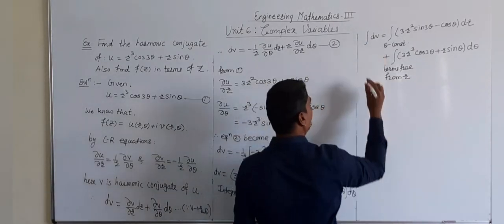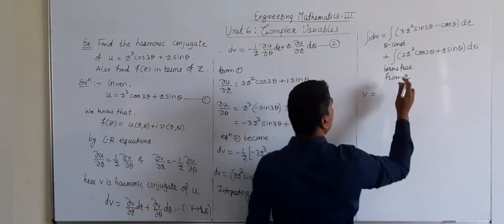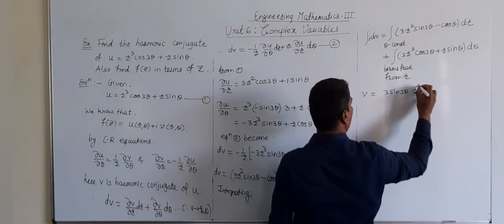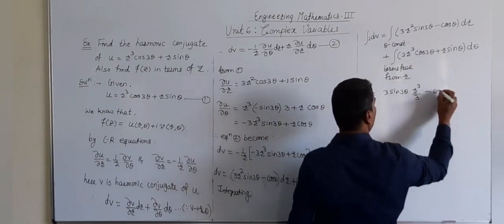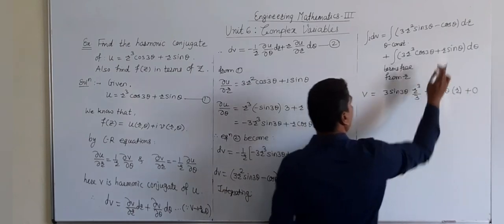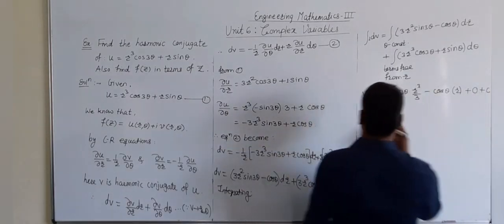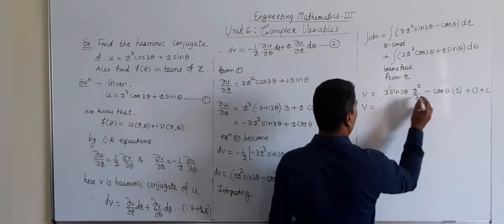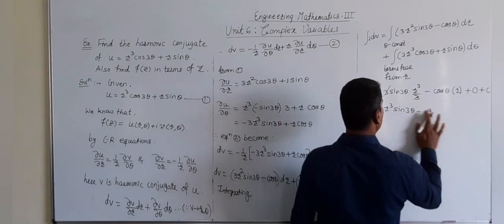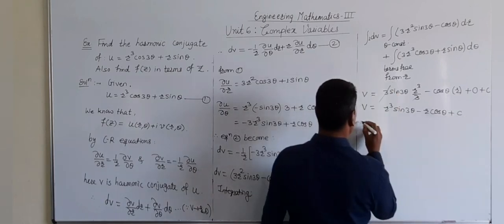So in that way we get derivative of phi, dv with function 1, is equal to, here theta is constant, so 3 sin 3 theta constant as it is, integration of r square is r cube divided by 3, minus cos theta as it is, integration of 1 is r, plus integration, there is no term free from r, so integration becomes 0 plus constant of integral c. So in that way we get phi is equal to this 3 will get cancelled, r cube sin 3 theta minus r into cos theta plus